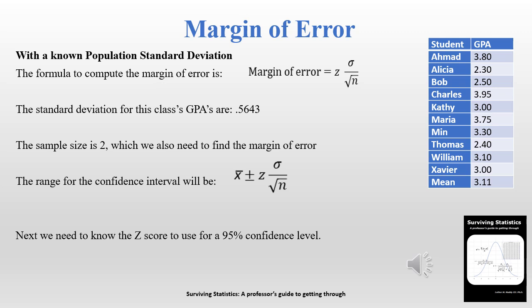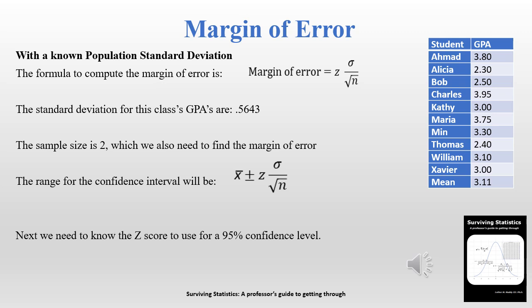Then we are multiplying that by the population standard deviation divided by the square root of n, the number in the sample. So we've already computed this population standard deviation of that class. We're assuming it's a population of 0.5643. The sample size is 2, so we have everything we need now except for the z-score to use for a